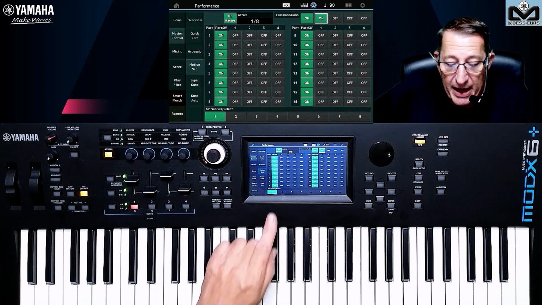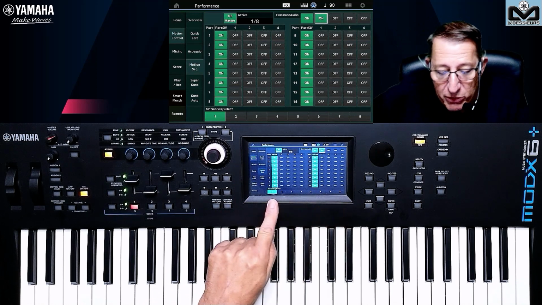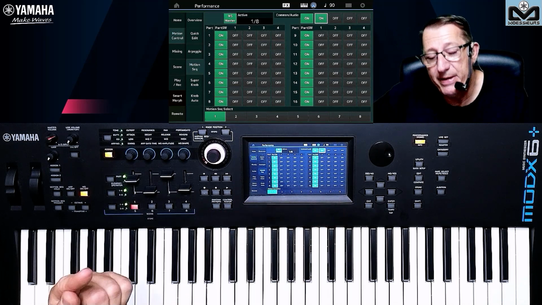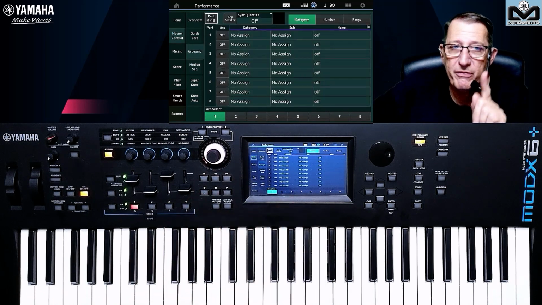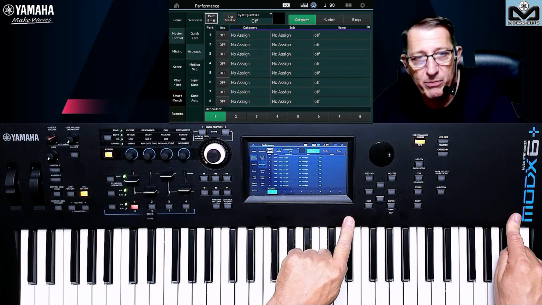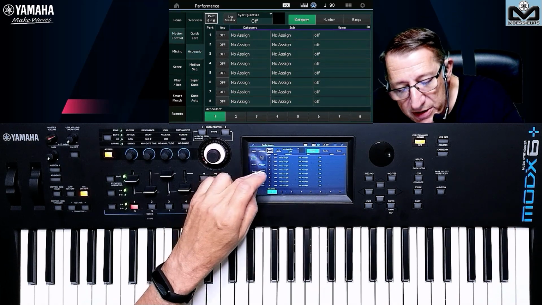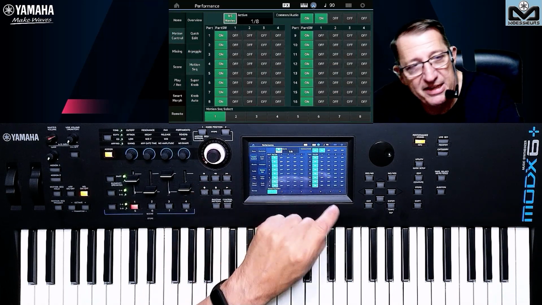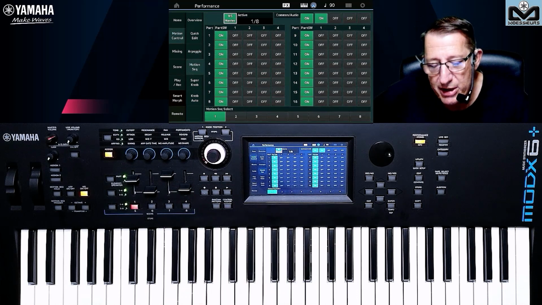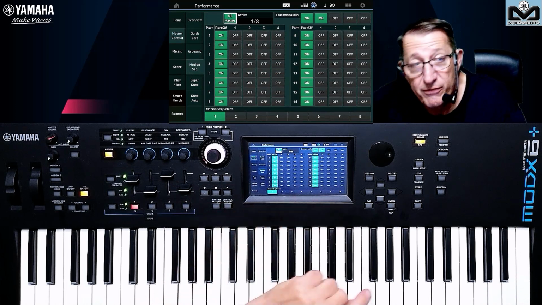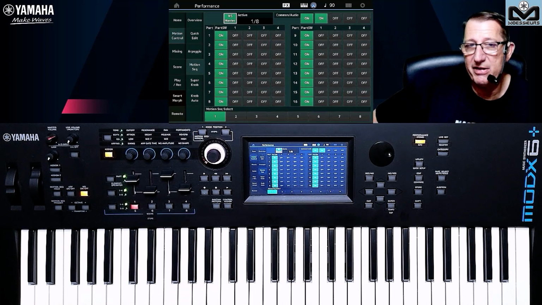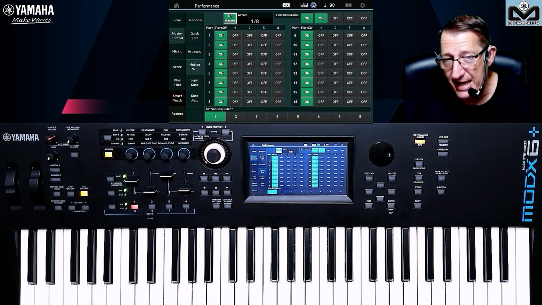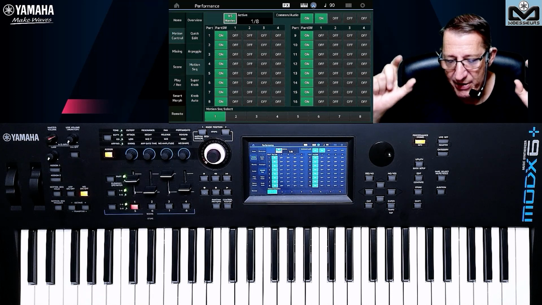Okay. And here, important things before to start. Like we have the arpeggio select when you are on this view, and you can select the arpeggio. Very important for Modex and Modex Plus because you do not have the buttons we have on the Montage. And if you want to select the variation, you can do it on this screen. Very great to do this. You can do the same thing for the 8 sequence of your motion sequencer that you have for each lane. That's the things you need to have in mind, okay?